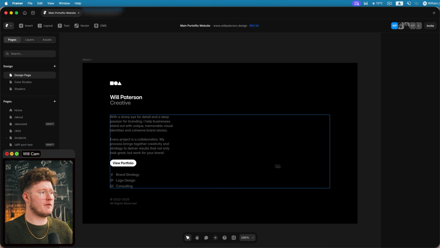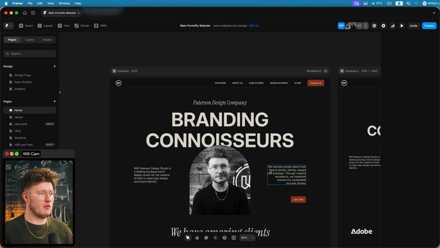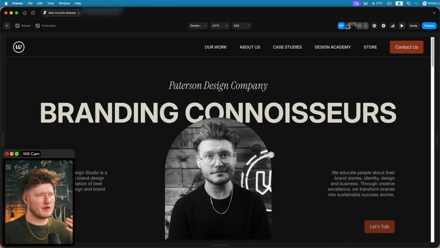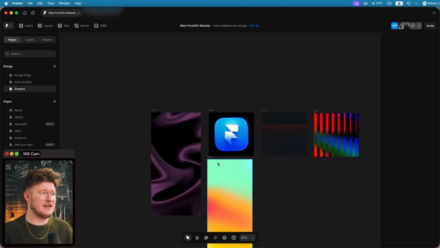In fact, I can show you on my design, on my actual Framer page here, what it looks like with the different breakpoints. Framer's great because all this is done without coding. I love it. But also there's a new feature, and they keep adding new features every month or so, probably more than that. This new one's called shaders and it's insane.